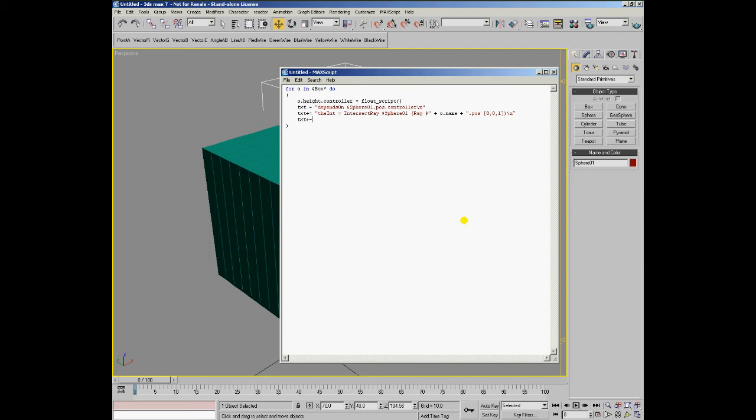Then if the intersection was not undefined, then we will calculate the distance between the intersection point and the position of the object. For that we're going to take the length of the intersection position minus the position of the object